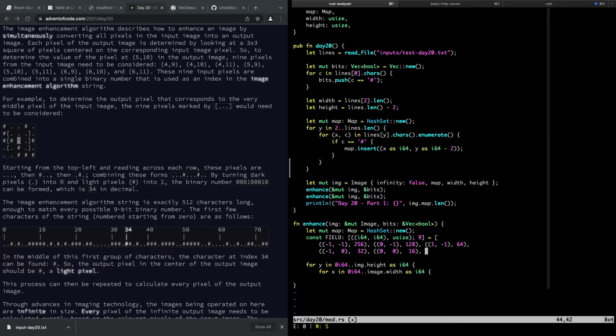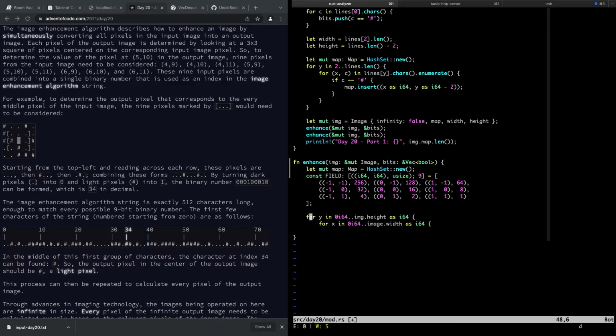Cargo format's going to reformat all of this on me, but I'm just lining it up so that I can type it in correctly. And then 0 is going to be 8. -1, 1 is going to be 4. 0, 1 is going to be 2. And then 1, 1 is 1. Okay. So that should, let's get rid of those lines, and then this should check. It does. Okay, good. So let's put those lines back in, and then